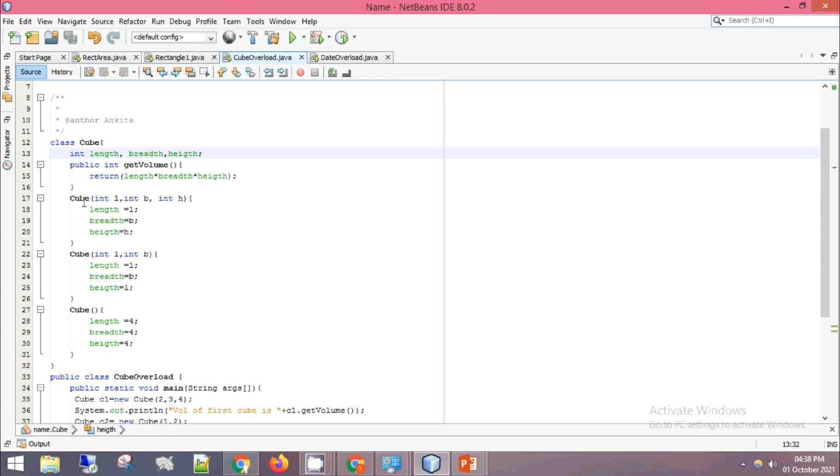Now over here we are creating the first constructor. You are aware that the constructor has the same name as the class. So Cube(int length, int breadth and int height). In length I am allocating the value L, in breadth B, and height H. Now the second constructor Cube has two parameters, int length and int breadth. So length is equal to L, breadth is equal to B,